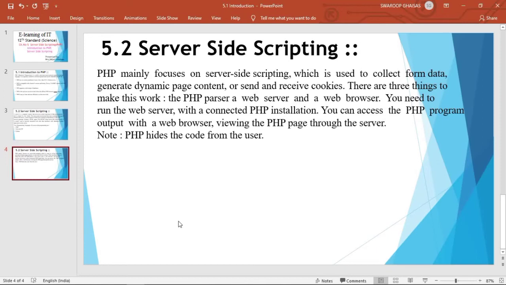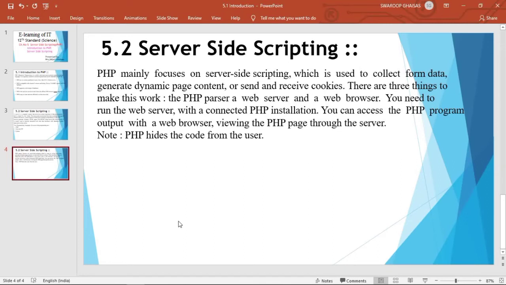That is, the purpose of using PHP is basically to collect the form data, to have interactive pages, that is dynamic page content, and to send and receive cookies, that is, to maintain the history.